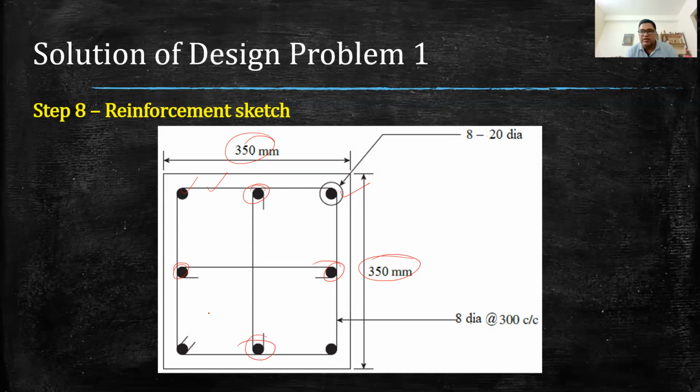I have shown you earlier that there can be various arrangements of the lateral ties in case of column. Either you provide links, or otherwise we could have provided one more ring like this also. So this could also be an arrangement. And because you can see this distance is exceeding 75 mm, that is why we have provided these rings. That also needs to be checked.